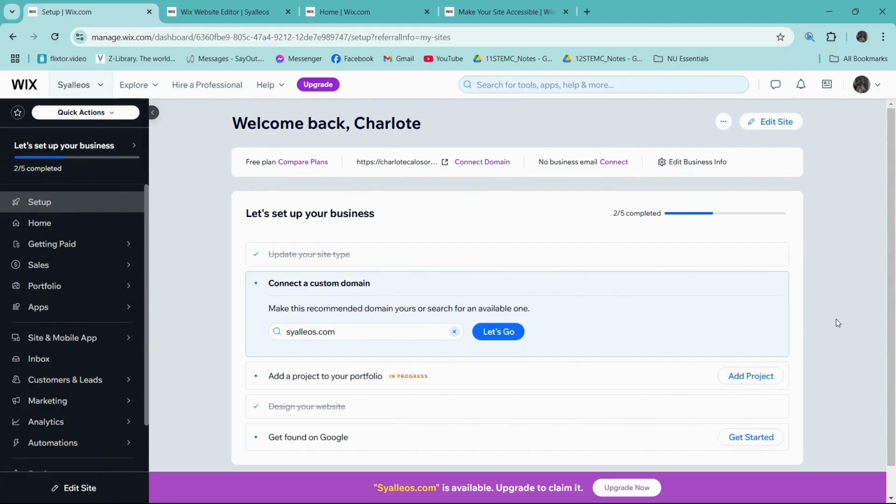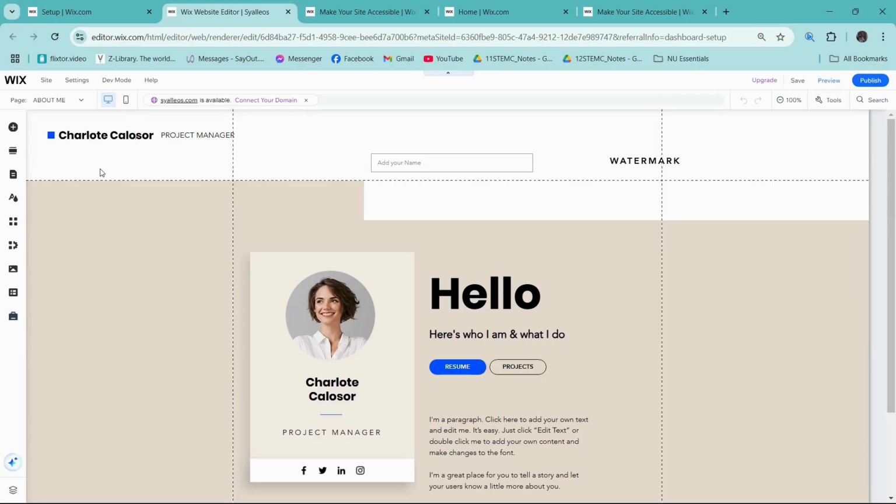First, you need to open your Wix account on your browser, and once you're in, go to the Wix Editor and open the page where you want to embed the video, and then click Design Your Website. Click on the plus or add button on the left-hand menu that is labeled as Add Elements. From the options, select Video and Music,